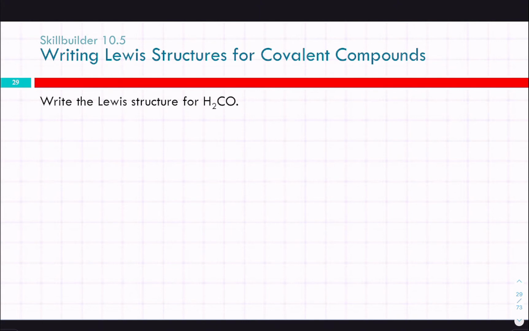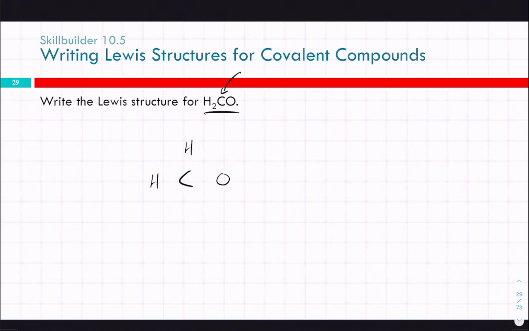Okay, so now we've got a more complicated molecule. We have carbon, we've got hydrogens, we've got oxygen. This is another rule of thumb. Generally, these formulas are written out in the order of the electrons, more or less. So carbon here is in the middle. Carbon is usually a central atom, and here it's also written in the middle of the molecular formula. So we're going to put carbon in the middle, and then we'll put the rest of the atoms around carbon. Hydrogen, hydrogen, oxygen. So this is our skeletal structure